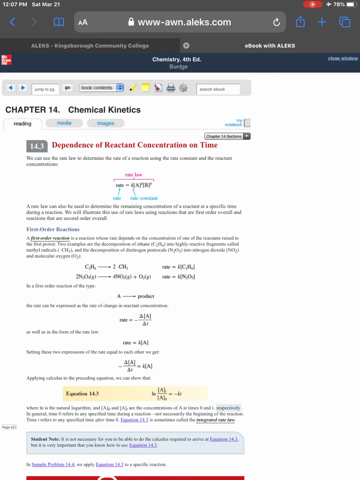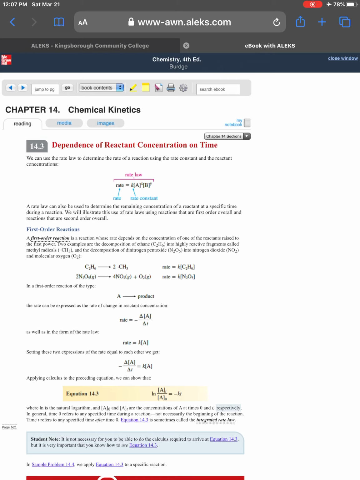Section 14.3, dependence of reactant concentration on time. So now we're going to look at the effect of time on reactant concentration. We can use the rate law to determine the rate of a reaction using the rate constant and the reactant